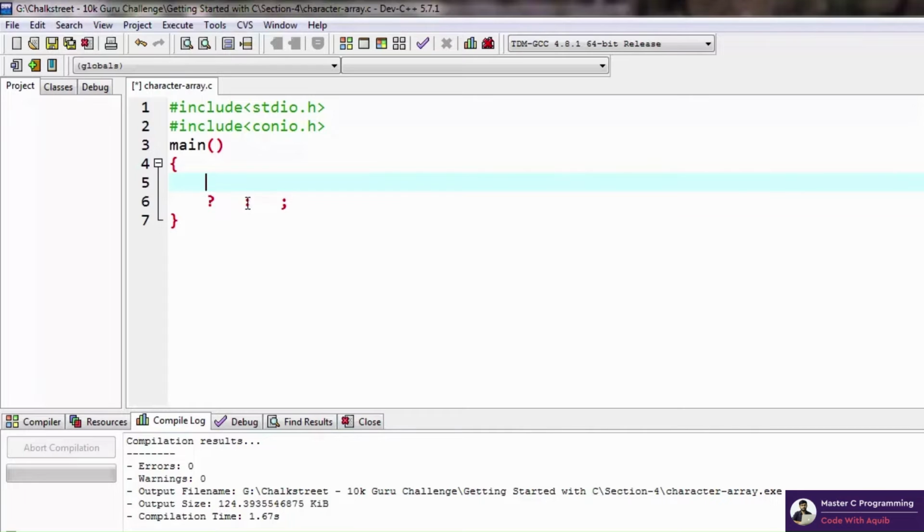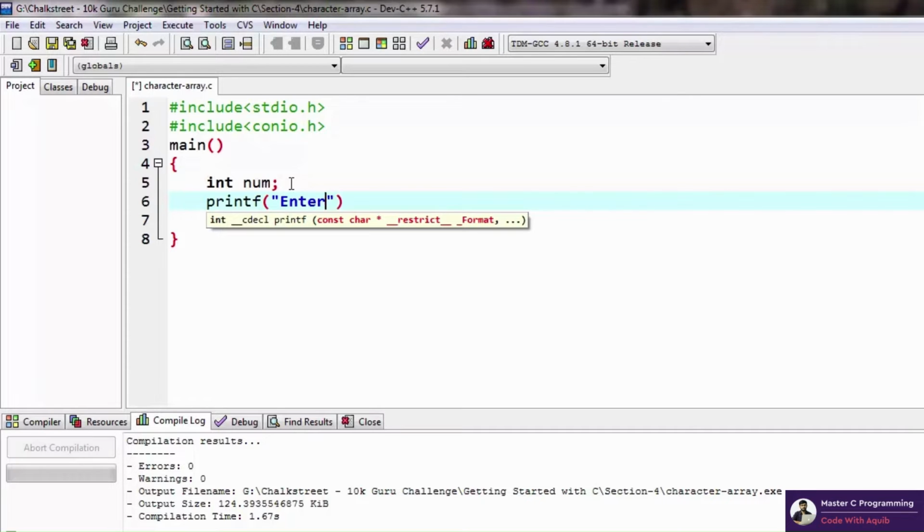What we'll be doing is checking if the number entered is less than 18 or not. Let's make a simple code for doing that. We need one thing to store it, so I'll say int num, right? If the number is less than 18, we'll say the number is less than 18, and if the number is not less than 18, we'll say the number is greater than 18, right? So we have a number and we need to read it from the user, so we'll say enter a number,